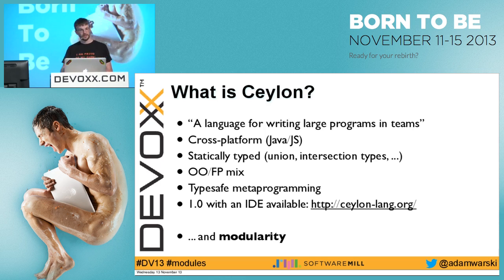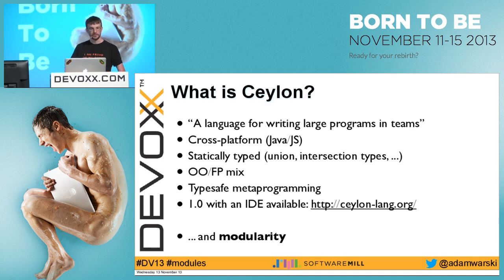It compiles to JVM and to JavaScript. It's statically typed. From the interesting things in the type system, for example, it has union and intersection types. So that's quite a new concept, I guess, in the JVM languages. There's also a new language by Martin Odersky, who is the Scala creator. The language is called Dotty, and it also contains union and intersection types. So I guess the concept kind of catches on.